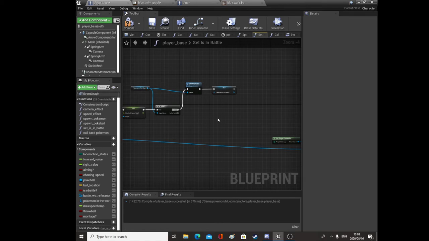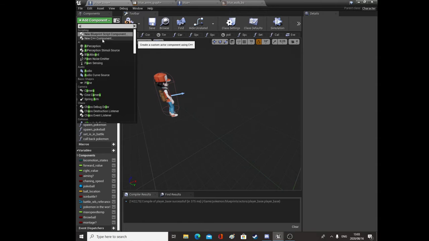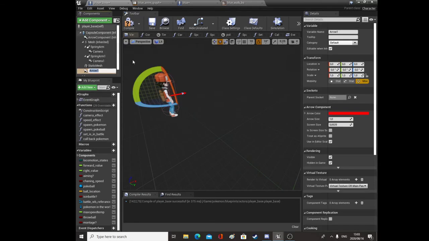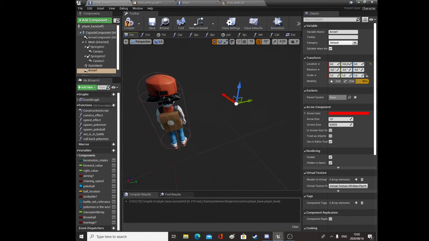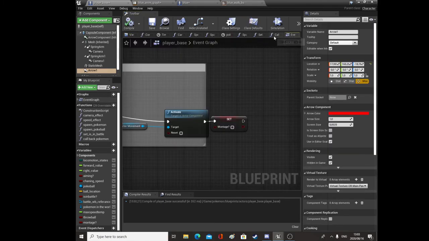and then what we want to do is spawn him right by our side. So we're going to add another arrow component. I like these arrows, so we'll get an arrow and we'll move it out to the side here, and we'll spawn him right next to our player. So we'll spawn him there facing that direction, and that should be fine. So go back to your is in battle function,